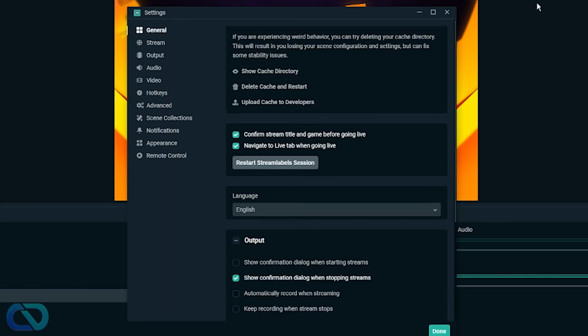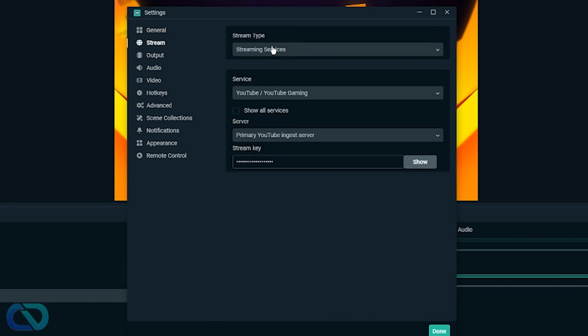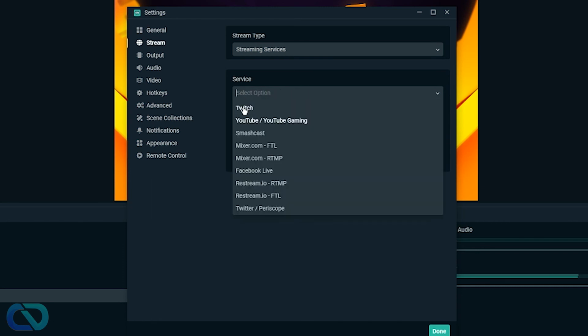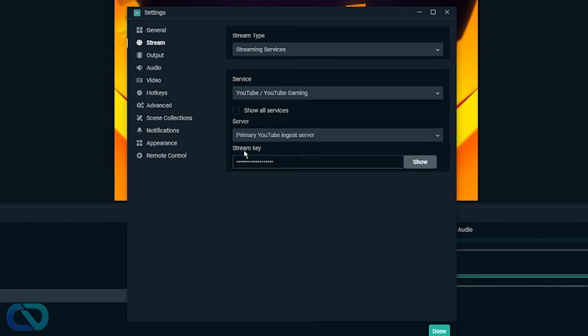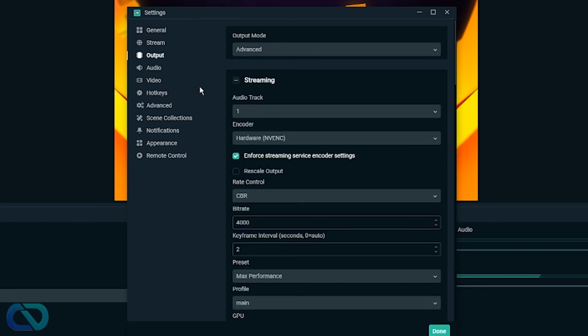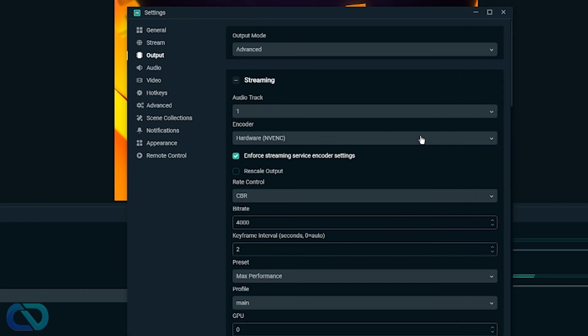Then you can go to settings, and here are so many more options. But the most important is stream. Here you can select your stream service like YouTube. You can also use Twitch or many more here. And then you go and put your stream key in here. Don't show anyone your stream key, and if you did, just reset it and get a new one. Then you can go and get your settings in here, but that's a whole new other video again with all